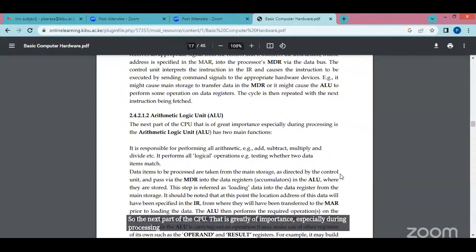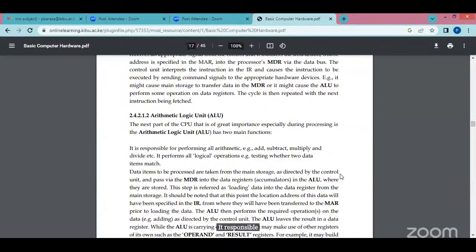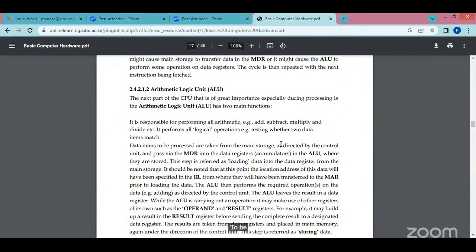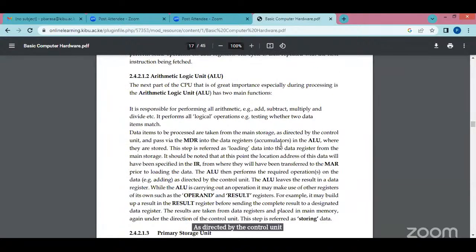the ALU, and has two main functions. It is responsible for performing all arithmetic: add, subtract, multiply, divide. It performs all logic operations, testing whether two items match. So data items to be processed are taken from the main storage as directed by the control unit and passed via the MDR